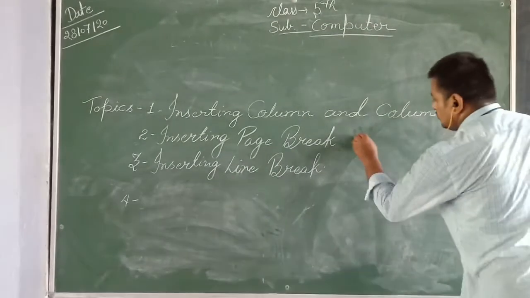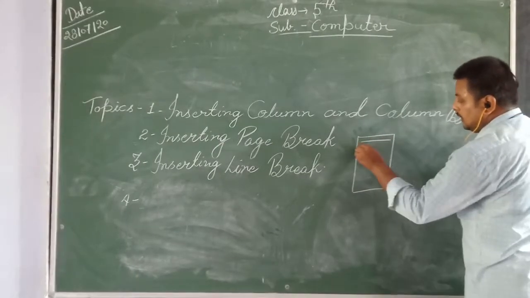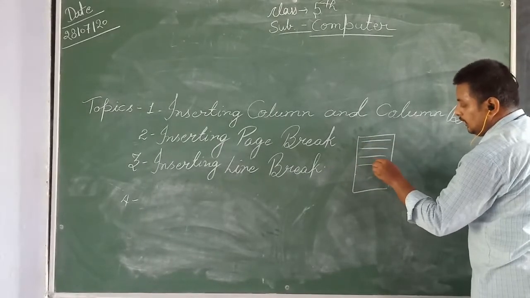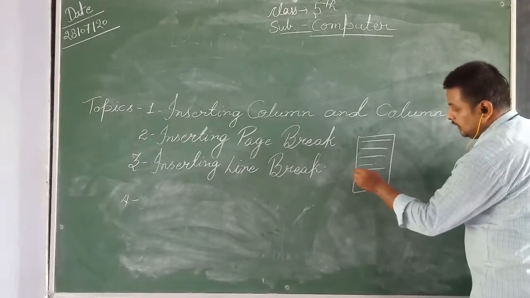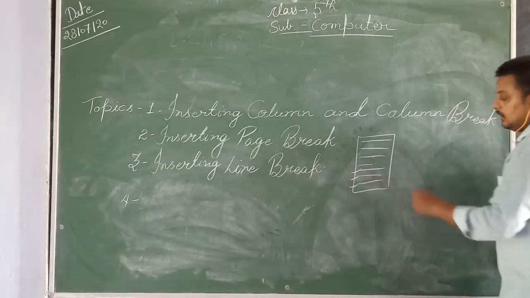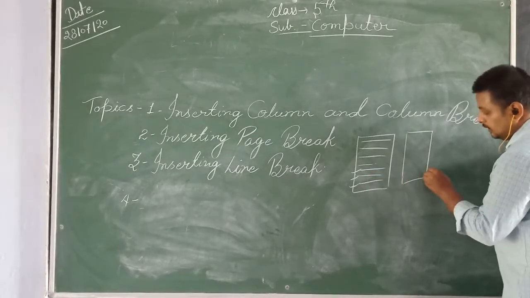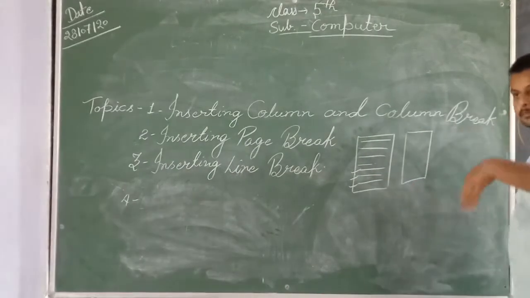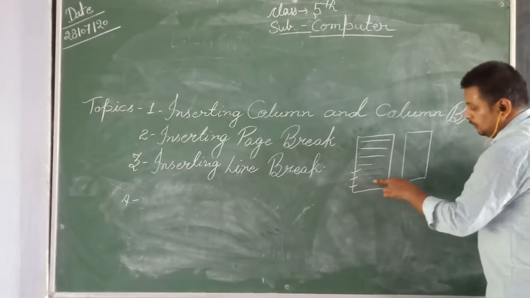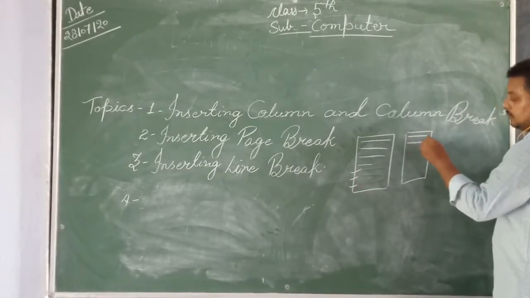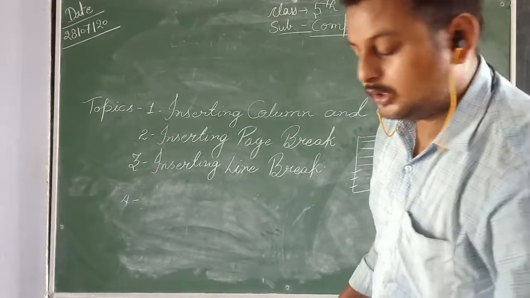Suppose you are typing a document. Okay, from this line you just want these three lines, means 1, 2 and these three lines, to go to the next page. So you just select that part and choose the page break option. These three lines are simply removed from here and go to the next page. Okay, this is the functioning of the page break option.